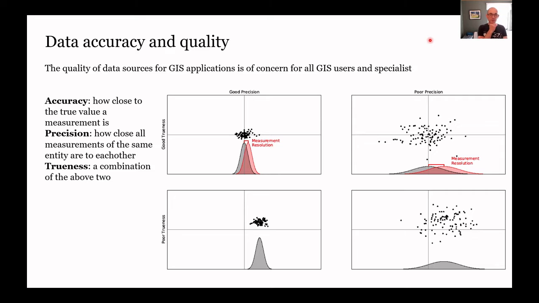We can talk about some terminology. Some of you may be familiar with this, others not. There's some confusion about this when it comes to accuracy, quality, precision, and then a term that is quite useful to introduce is trueness. Depending on which definition of these words you find,